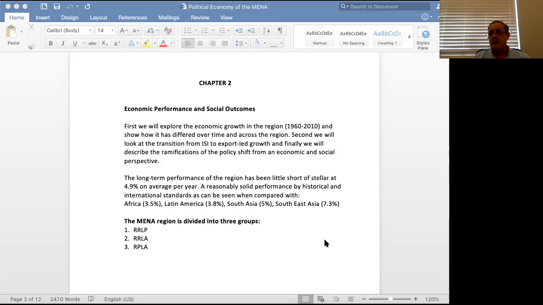So you have the first phase of development. In other words, most of these countries got their independence in the 1960s. Most of them, 60s and early 70s. Now, some of them, of course, got their independence in the 40s. And some of them, obviously, like Saudi Arabia, for example, were never colonized. Basically, the whole country was never colonized. Now, bits and pieces of it were colonized under Turkish rule, but